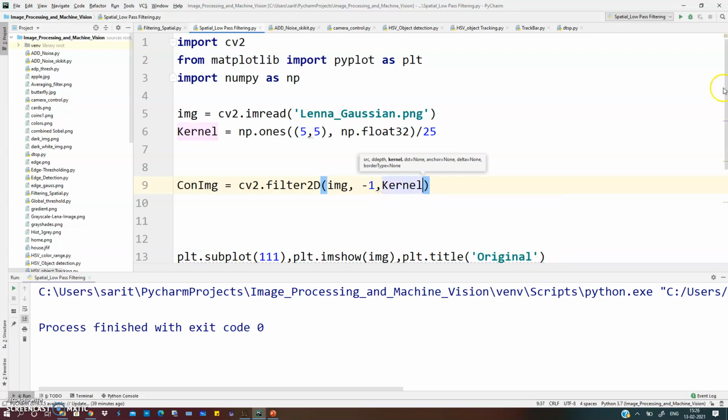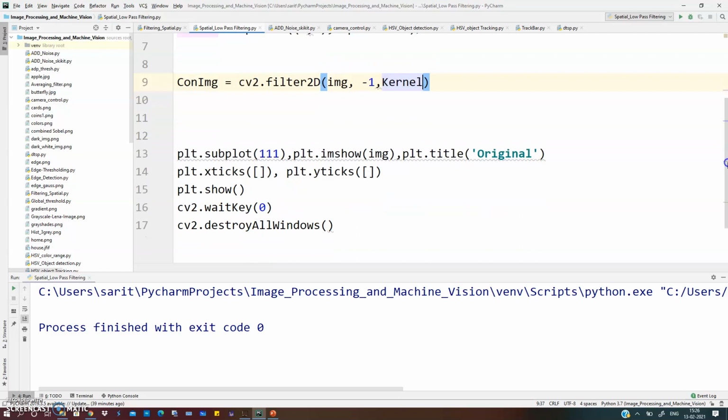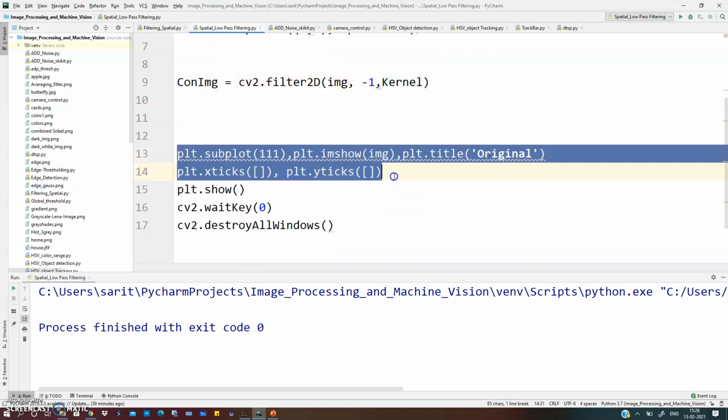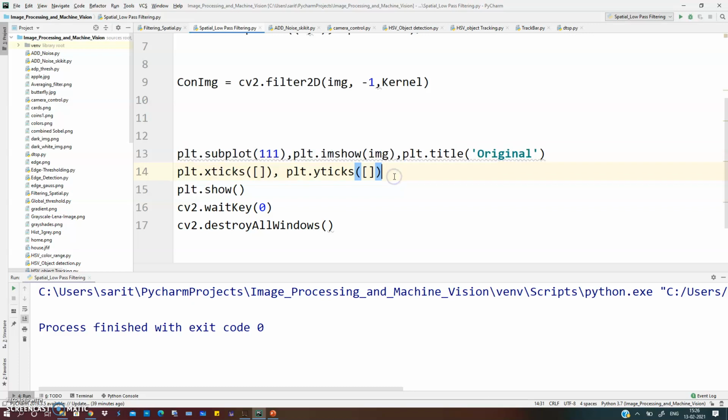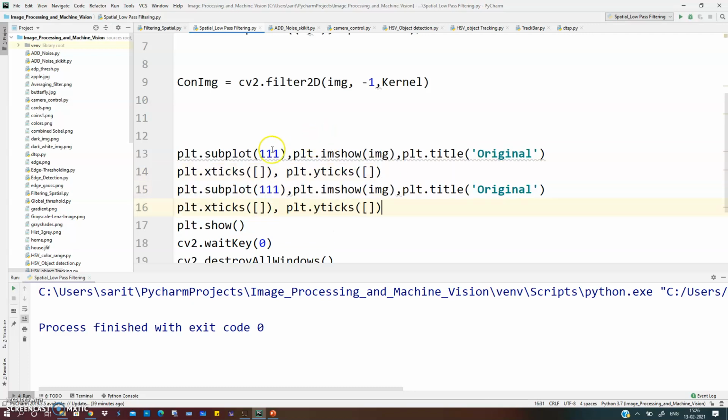We can plot this. Let's plot it. So I will use the same commands, the subplot function, and I will increase the number of images here so that we can view our original image and this result image at a time. Let's run this code.